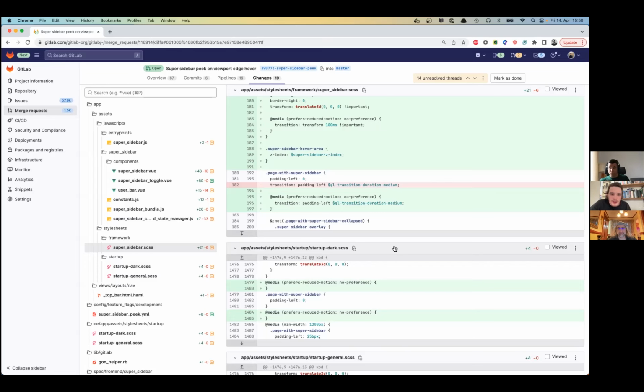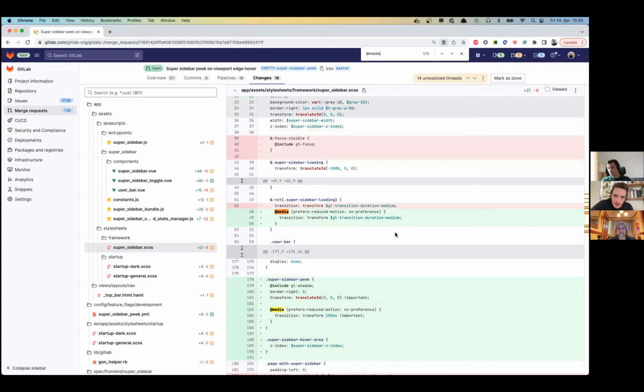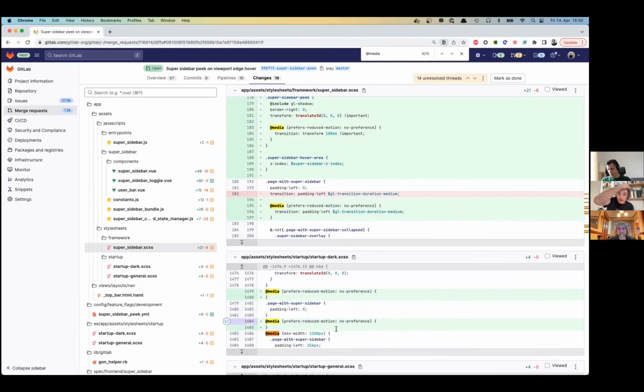Let's take a look at something real fast, because I got nerd sniped by this just now. I gotta figure this out. What happened with the media min-width 1200 pixel one? Do you see on line 1486? This is a media query that is working. So my question is,